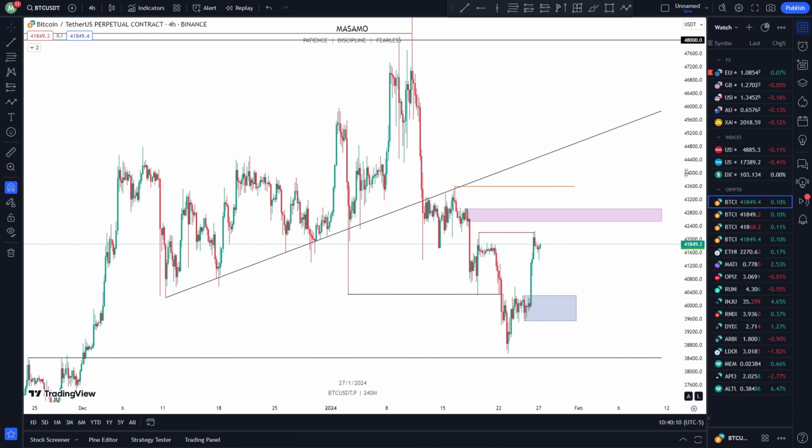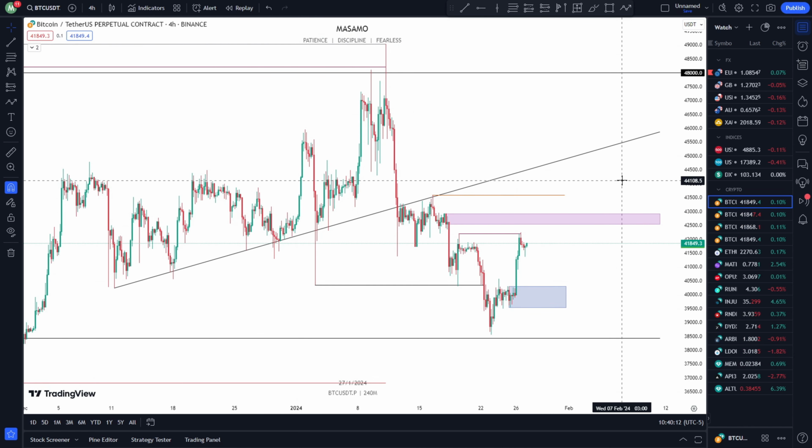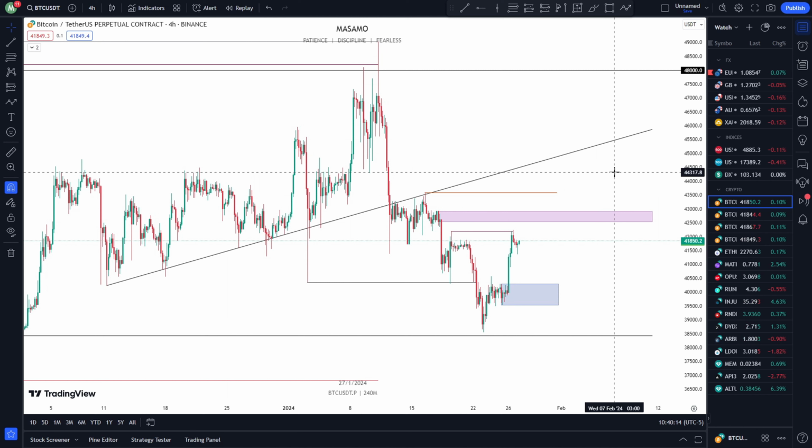So as many of you know, we have a halving soon, and I don't think that we will have any major movement to the upside before the halving. So maybe we can wick into 44, 45k, maybe even 46k, but going higher, I don't think that will happen before the halving. So this was my first scenario where price would go up and reject from this high, maybe even higher,